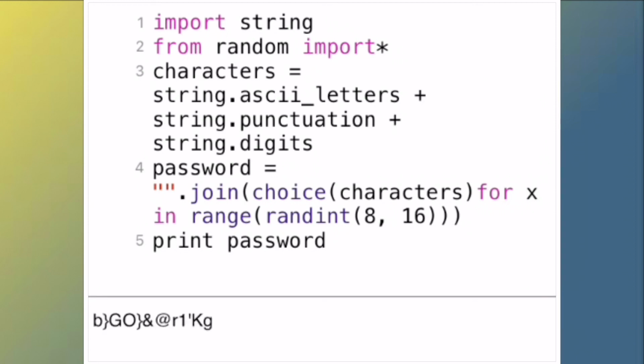Now, this was a pretty simple code, I gotta say. So I might be using this code for my next website. Who knows? I might make a password generator website. But if you guys want me to find any more